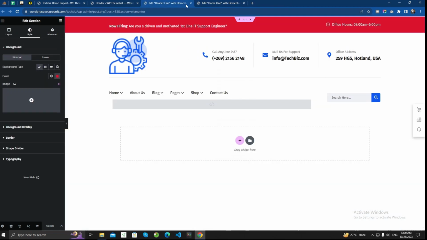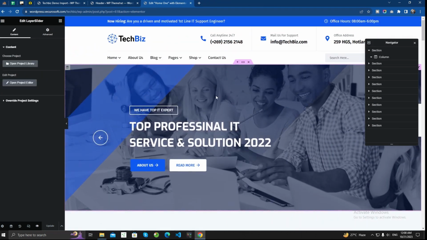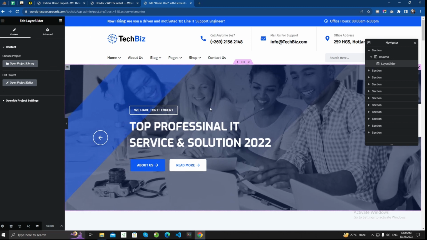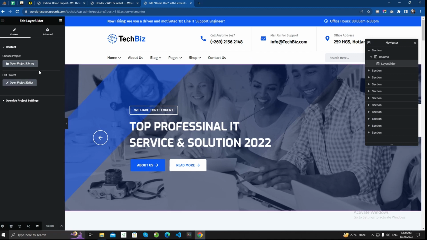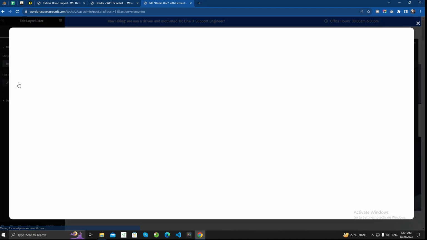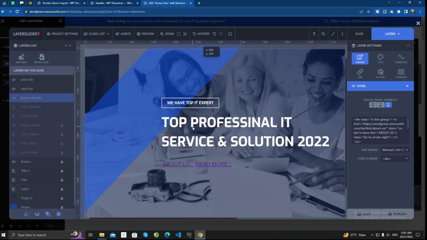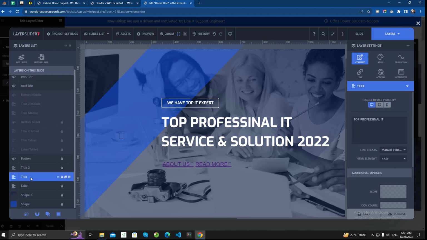So now we will show you how you can edit your content. As you can see, this is a LayerSlider, a premium LayerSlider that is already built into our TechBiz WordPress theme. So you will go here and click on the project, and you can open Project Editor. It will take you directly to the slider editor here, that is LayerSlider, and it's a premium slider now. So suppose you want to change the title, you click on the title here, and "Top Professional IT", you can change the